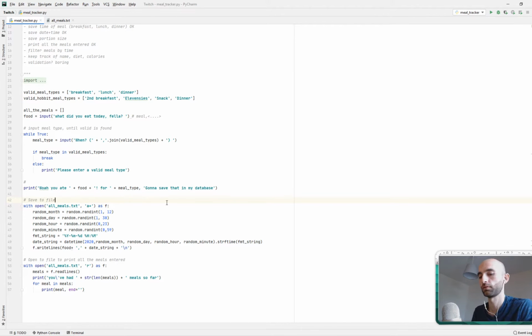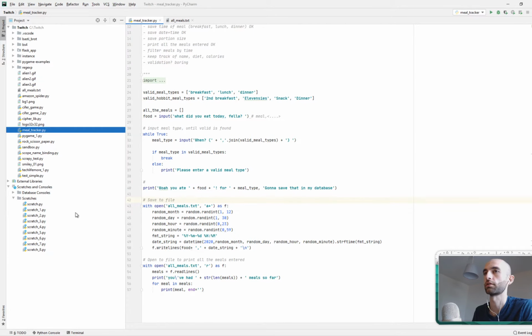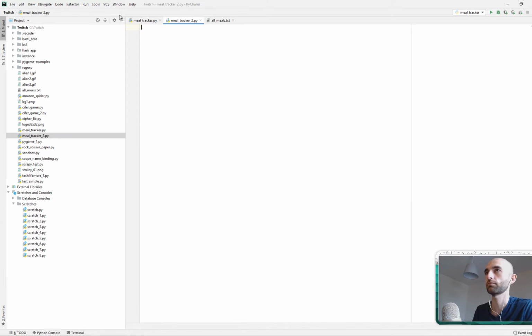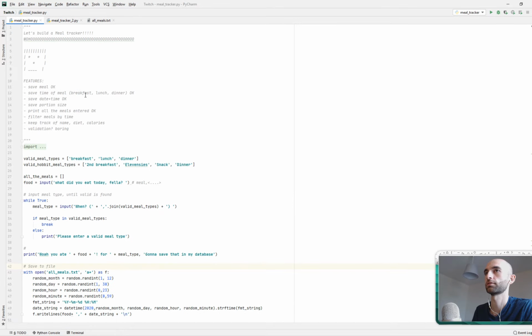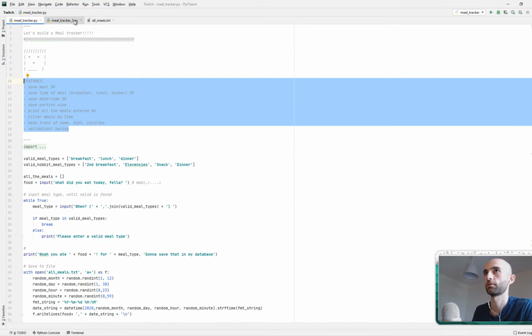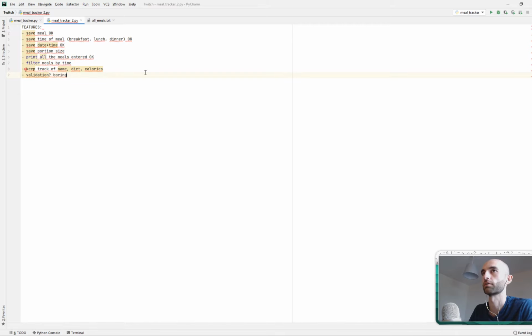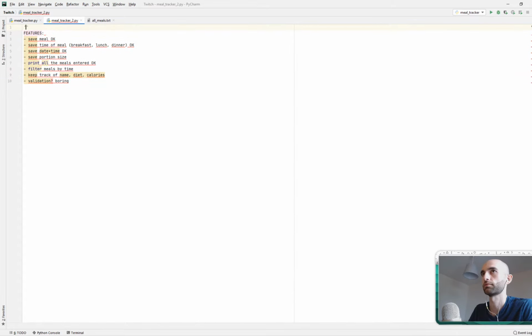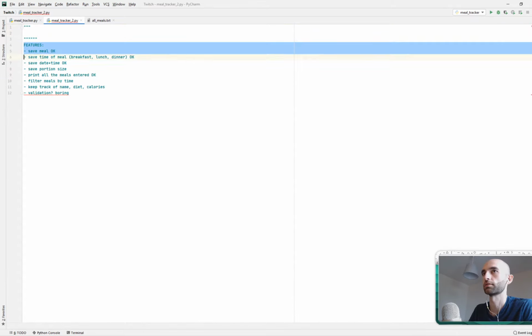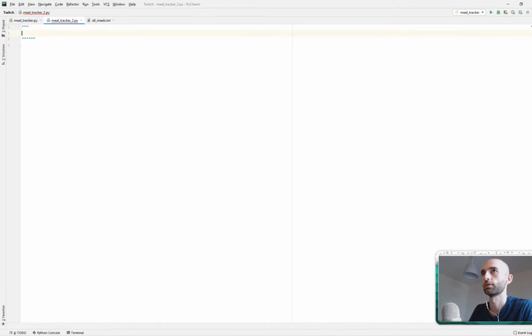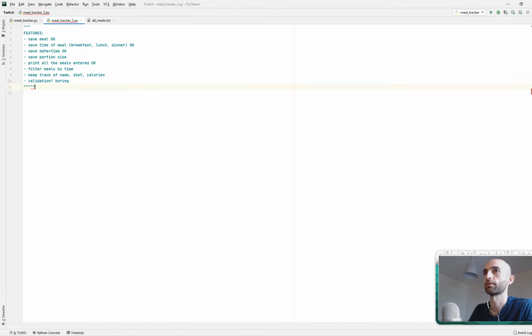So what I'm going to do is create an entirely new file and walk you through the different stages of this. I'm going to call this meal tracker 2, and the first thing we want to do is think about the features we're going to have in our program. We're thinking right now that this is a basic program where we could let the user enter some